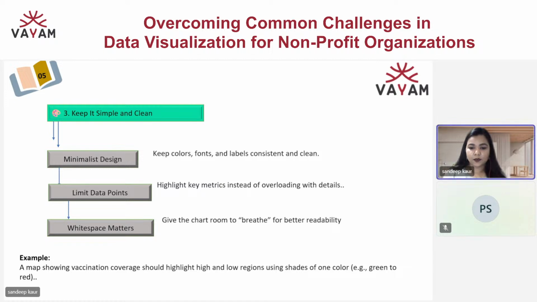White space matters. These are a few examples I have chosen. Like I showed you, for regions you can use one color for every region, so that color coding within the team is very clear.